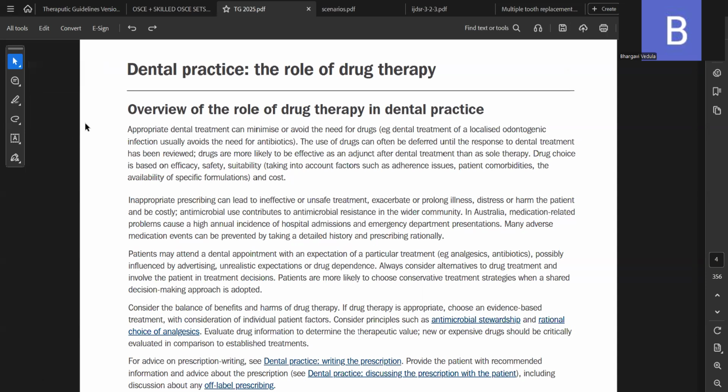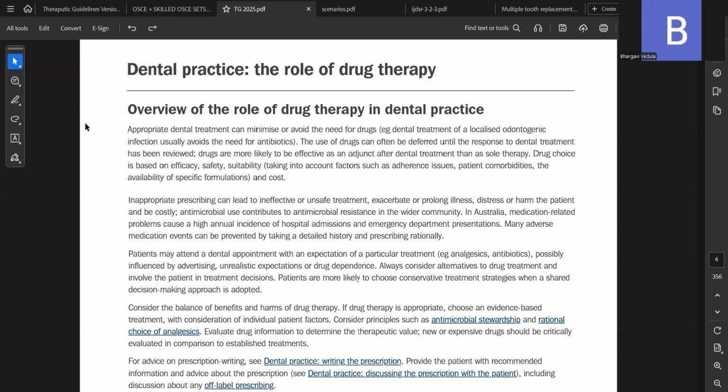See here what they say is: appropriate dental treatment can minimize or avoid the need for drugs. So if we provide appropriate dental treatment, we can totally avoid drugs as well. Like treatment of localized odontogenic infection usually avoids the need for antibiotics. What are localized odontogenic infections? You know, right? Periapical periodontitis, pericoronitis, periodontal abscess. These are localized. They are still restricted to that area. They are not spreading. So in those cases, if we can provide adequate dental treatment, we can totally avoid